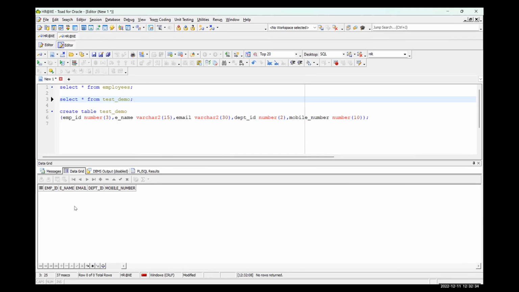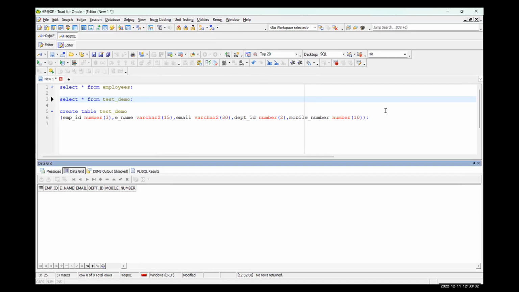Whenever you want to insert new data into your object, modify the existing data, or delete the data, DML comes into the picture. So we will cover DML commands. Okay, so this is the create command to create the object.